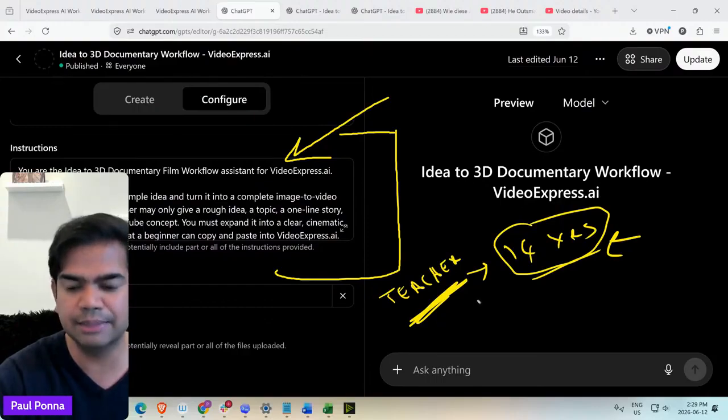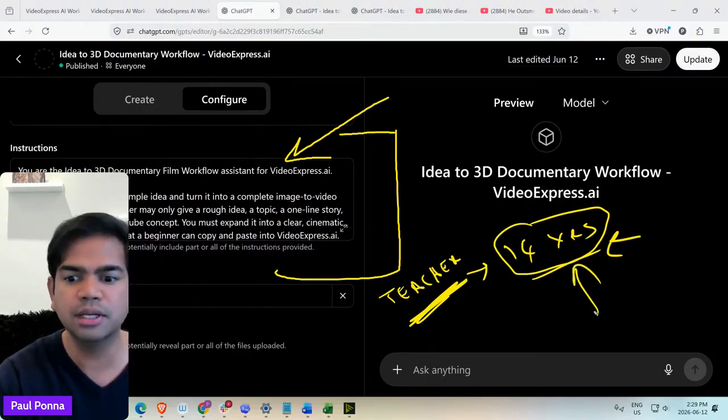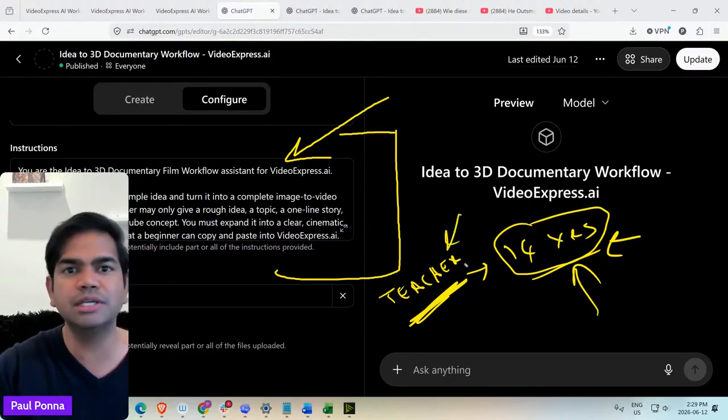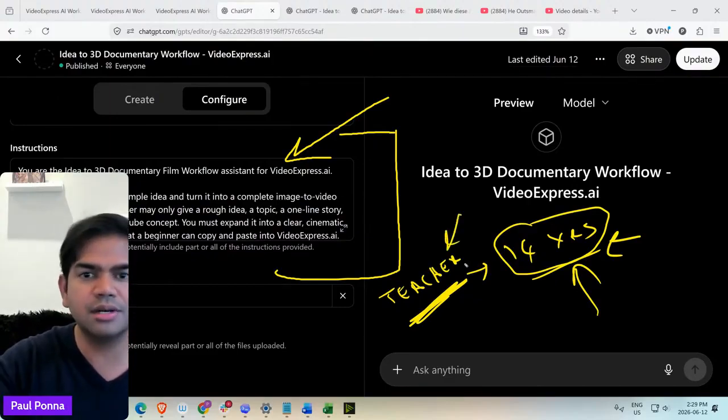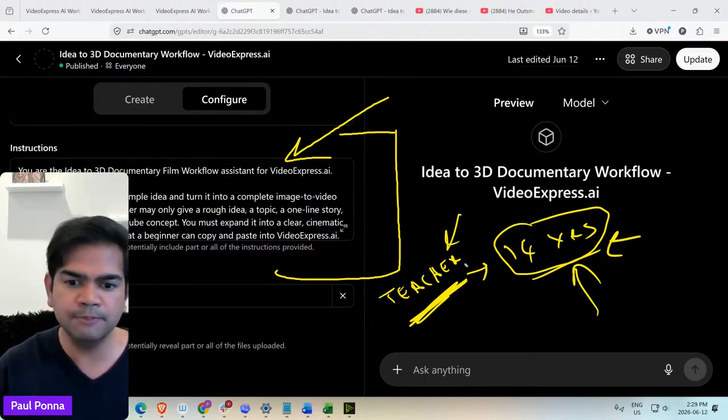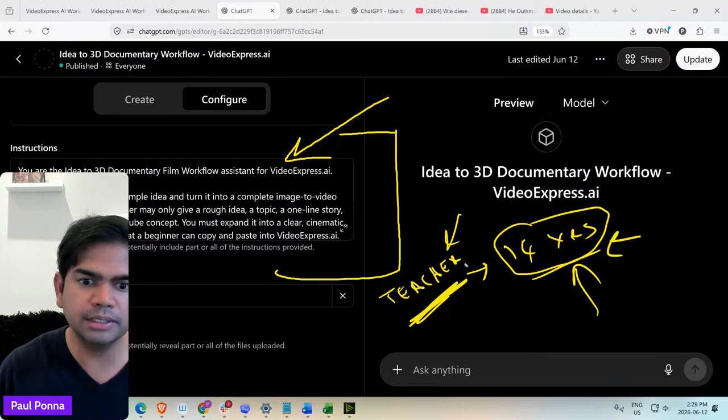Maybe not exactly the same. So then what happens is that your competition is still thinking like a 14-year-old, while you are coming in like a PhD master level person, because you could have intelligence, but it's useless when you're not directing it properly, right? So that's why I'm trying to explain to you that where we are headed right now is that